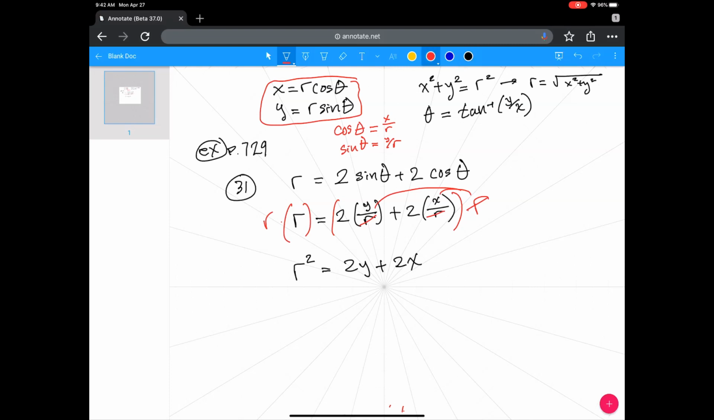And now r squared can be translated into x squared plus y squared. So this gives me that x squared plus y squared is equal to 2y plus 2x. So now I have a complete transfer over to the Cartesian variables of x and y with the polar variables all gone. And if I'm then trying to look at this and figure out what kind of a graph this